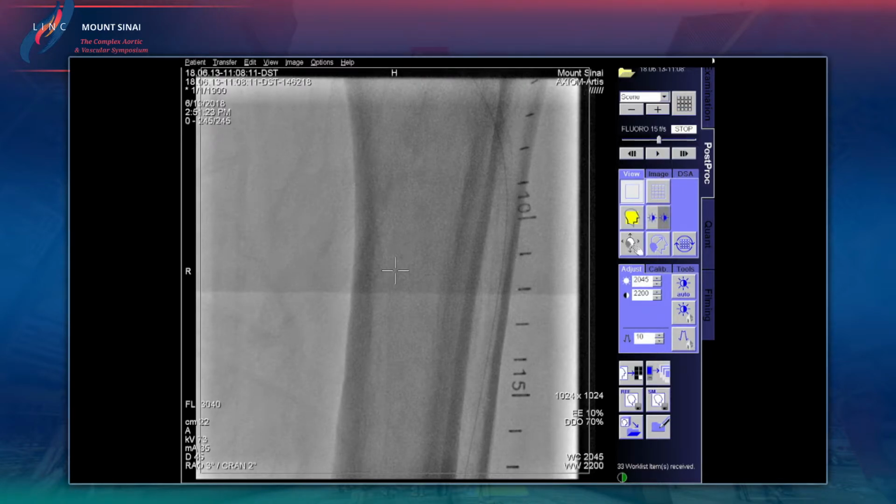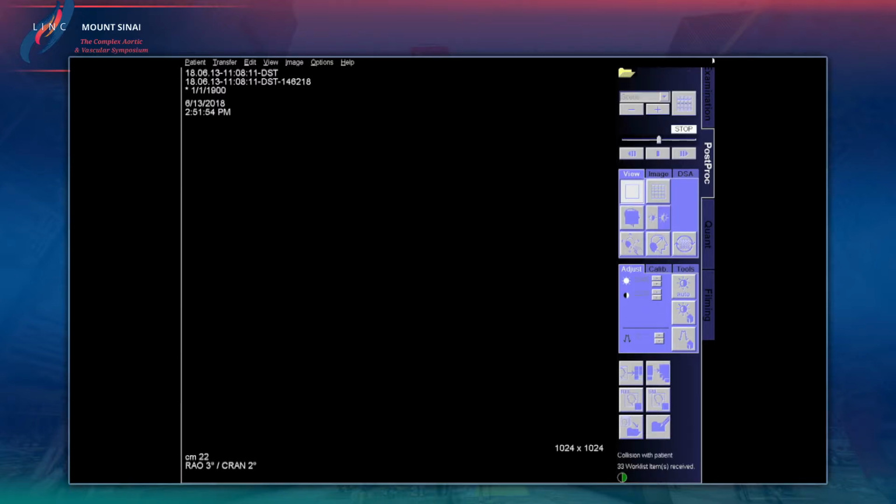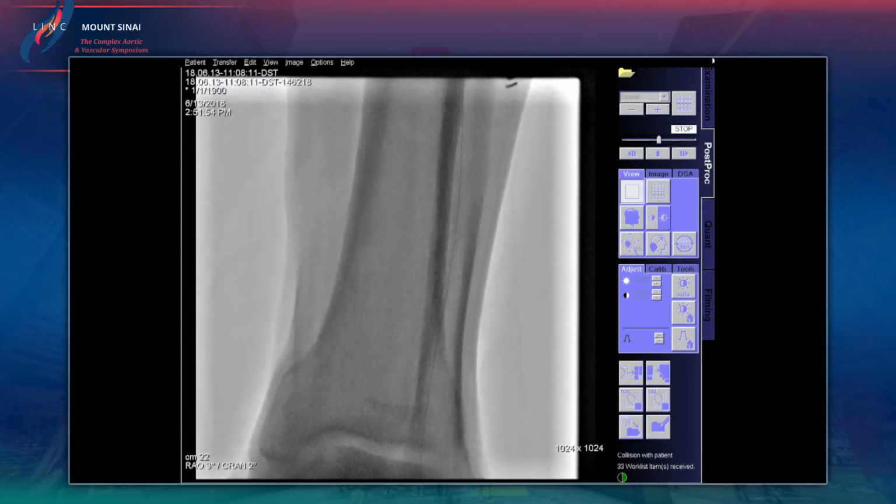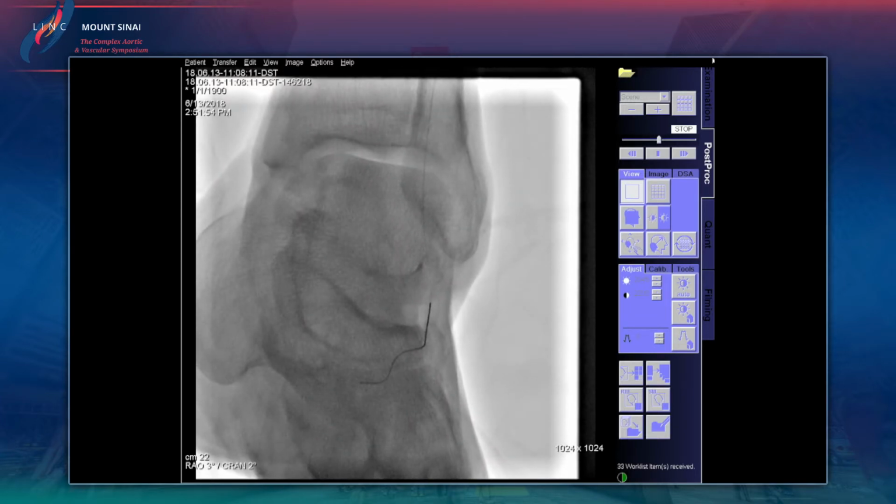I know you have a lot more available in Europe in terms of your ability to treat these kind of lesions. What do we do? Because in America, we're stuck with atherectomy, balloon, and cutting balloon. That's pretty much what we have. I mean, we would do atherectomy